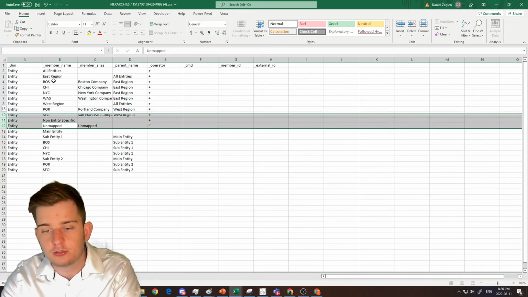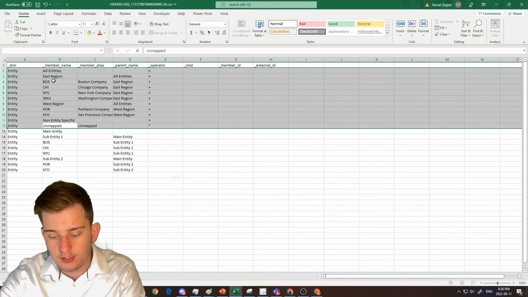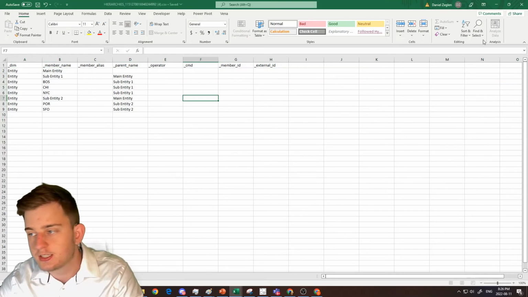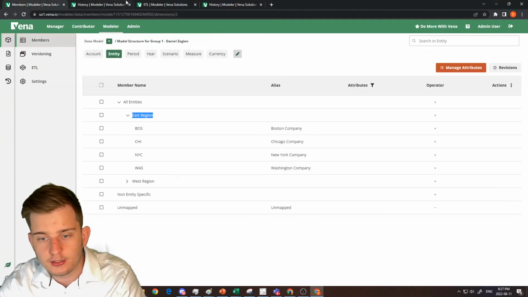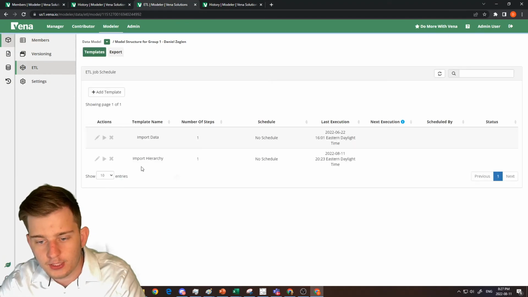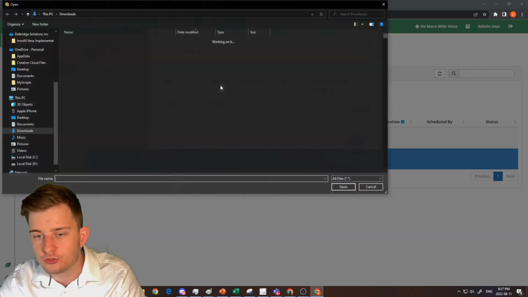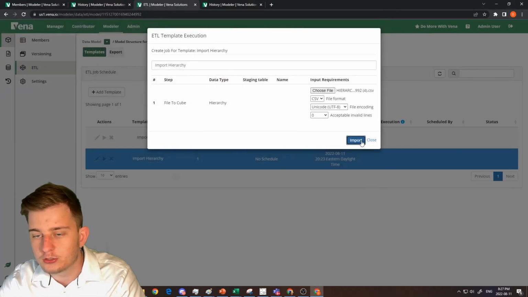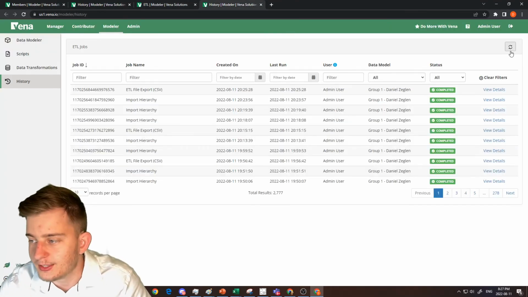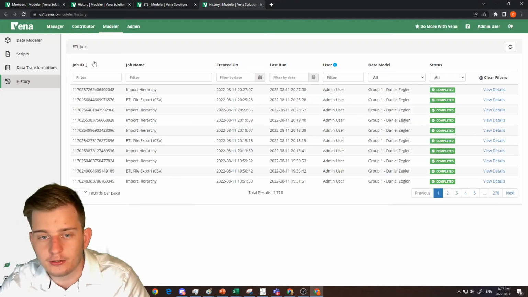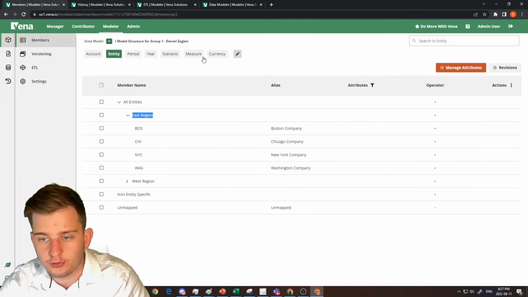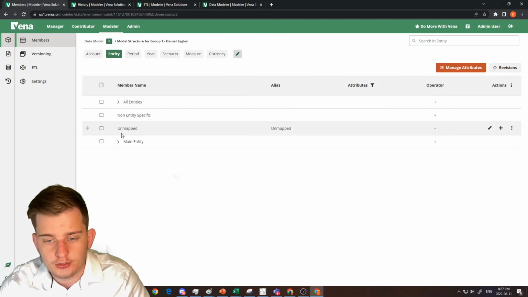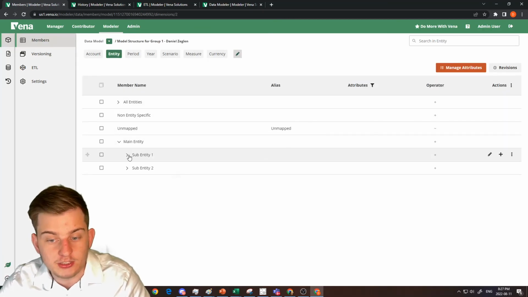And this can be done inside Vena too, and I'll go over that in a second as well. But let's just take this file, save this, go back to Vena, ETL, templates, import hierarchy, choose file, the new one we just created, import that. And now completed 9 new members, great, perfect. If we head over to entity and refresh, you'll see we have now our main entity, our sub entities,